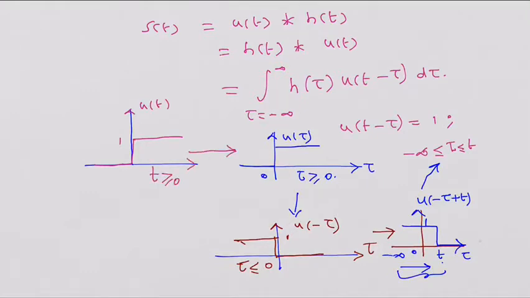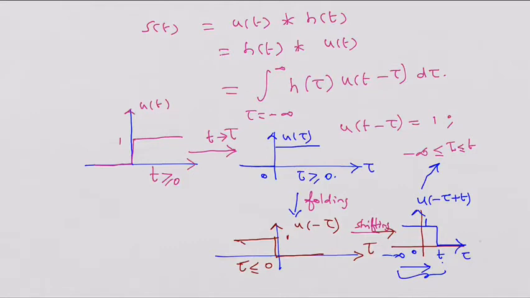Change of time index, it becomes u of tau. T tends to become tau, right? Now folding, let me write the description here. Folding, not only folding, this includes shifting also. Can you understand that? No. From the graphical representation of the signal, it is understood that the signal will have an amplitude as 1.